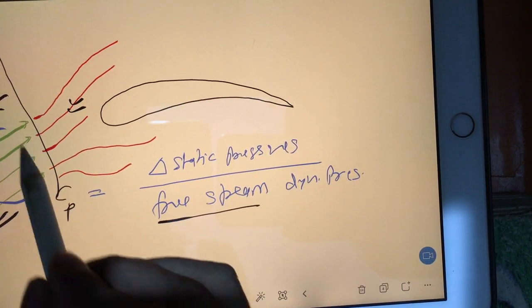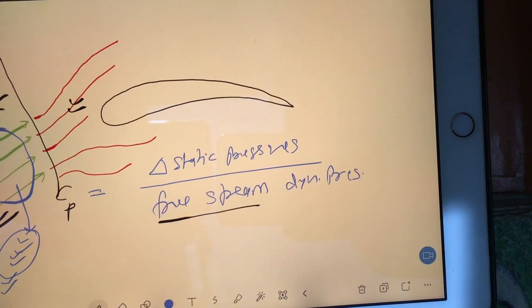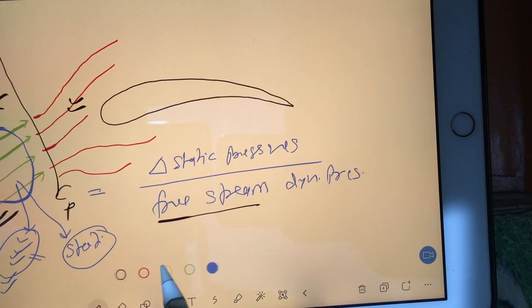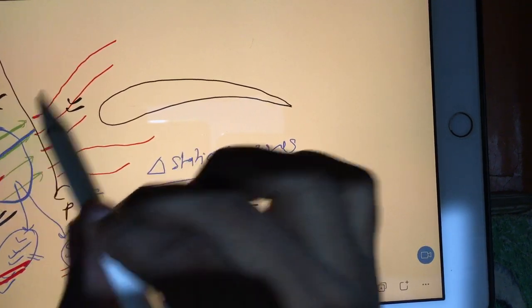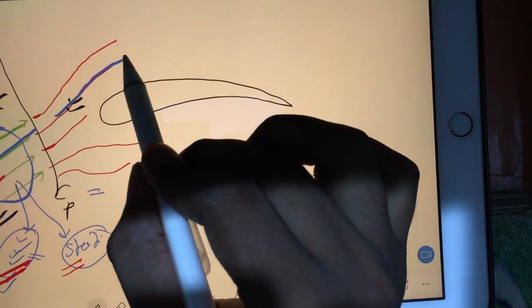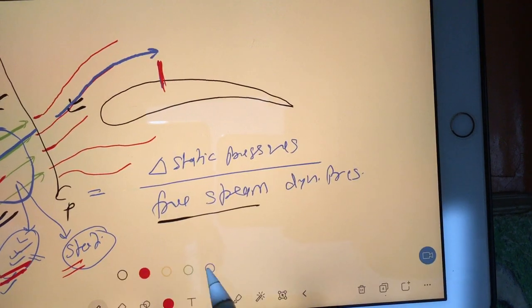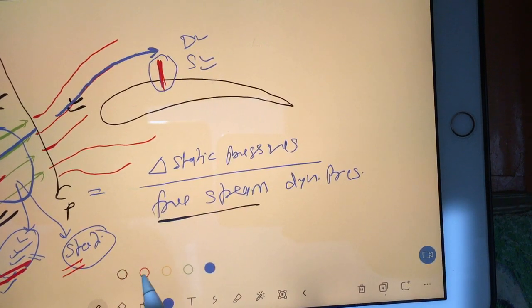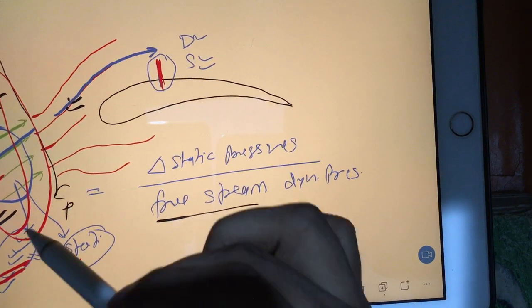So in the free stream, you have velocity also. So according to velocity, you will have dynamic pressure also, and according to dynamic pressure, you will have static pressure also, correct? So in the free stream, you have dynamic pressure and static pressure. In the same way, when your free stream gets disturbed and the velocity increases at any section, imagine at this section velocity is increasing, then at this section also you will have dynamic pressure and static pressure.